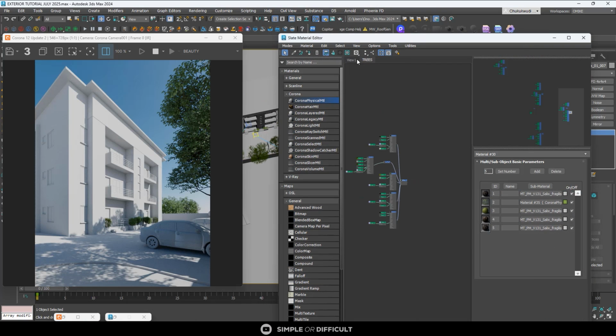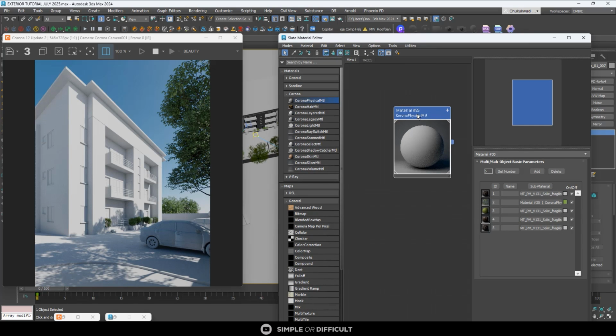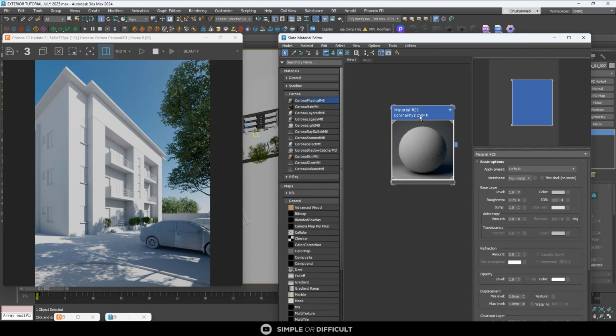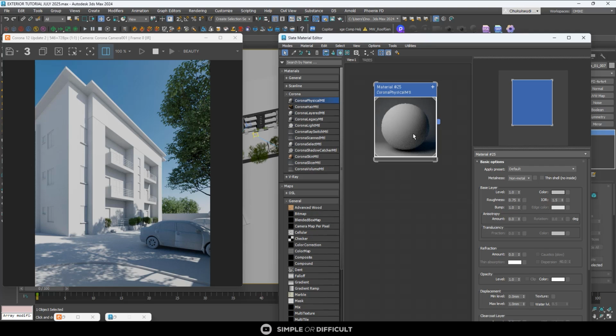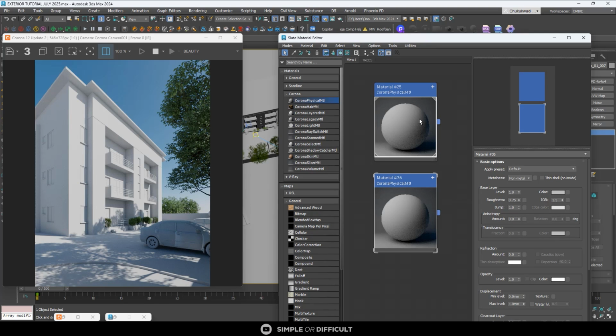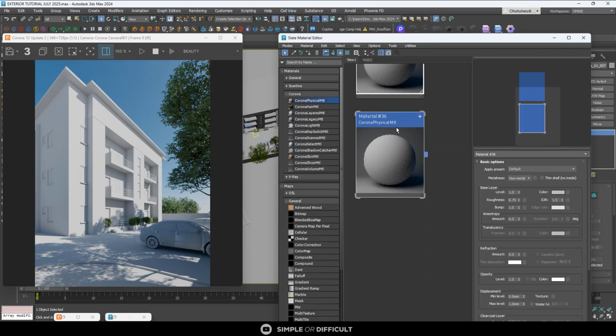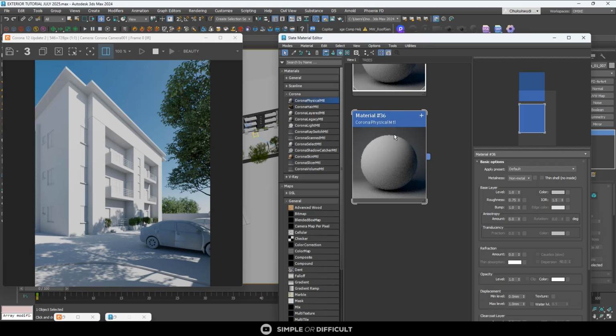So how do we do that? Let me go back to view 1. This is where we're creating our materials from, normal materials. We're going to do that by just selecting this and duplicating it. How do you duplicate material? Select the material, hold down shift and drag with your left button on your mouse. Sorry, left click to duplicate it. That's what I wanted to say. So when you do that, you select it to rename this material to whatever you want. With the material you want to rename selected, as you can see, this material number 36, I'm selecting it now. You come over here,